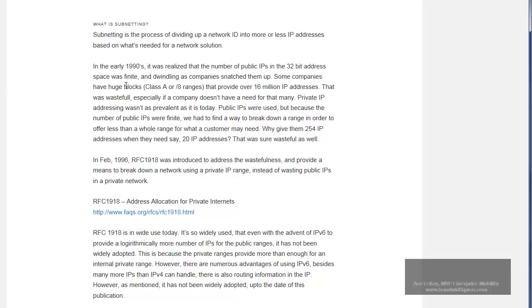As IP addresses were running out, they had to come up with a way to stop this wastefulness. I mean, some companies bought up large blocks of IPs, and they're sitting there doing nothing. And anyway,